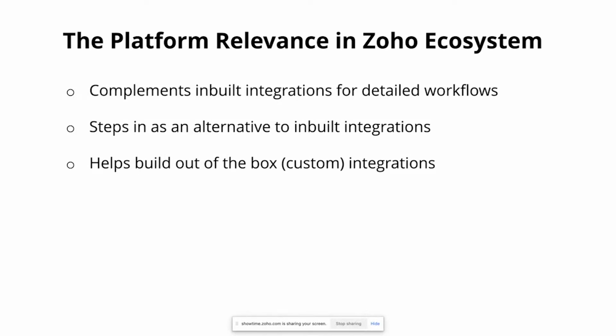Or you can use the Zoho Flow to complement the previously available inbuilt integration. Let's say step one is done by the inbuilt integration, and you can use Zoho Flow to perform step two and step three, which will make your automations much more intelligent. And it also helps you create out of the box integrations, let's say third party applications, and you can connect different applications. And you can also connect intranet applications if they have certain features, such as outgoing webhooks or